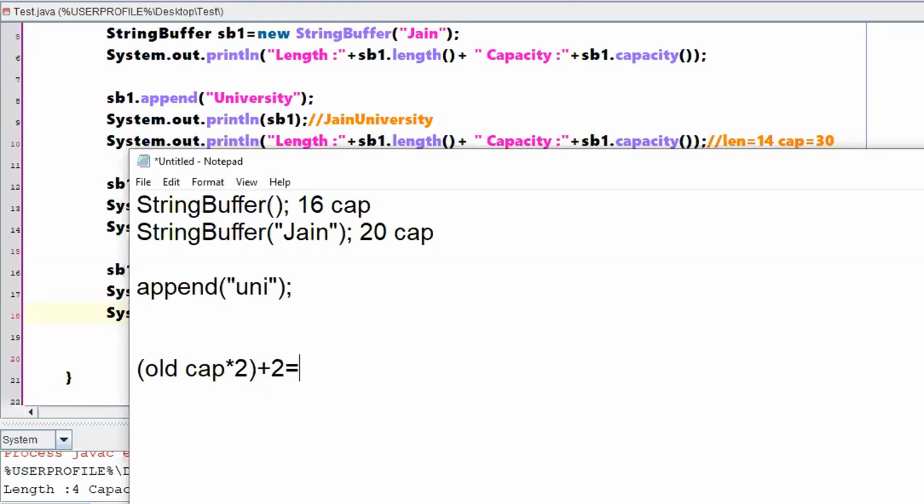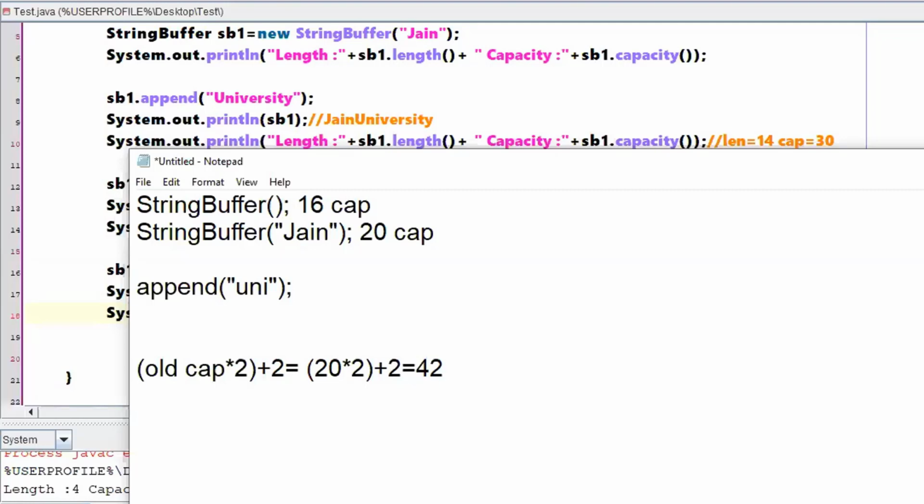So according to this equation, once 20 has been reached, it will perform 20 into 2, 40, plus 2. This is nothing but 42.